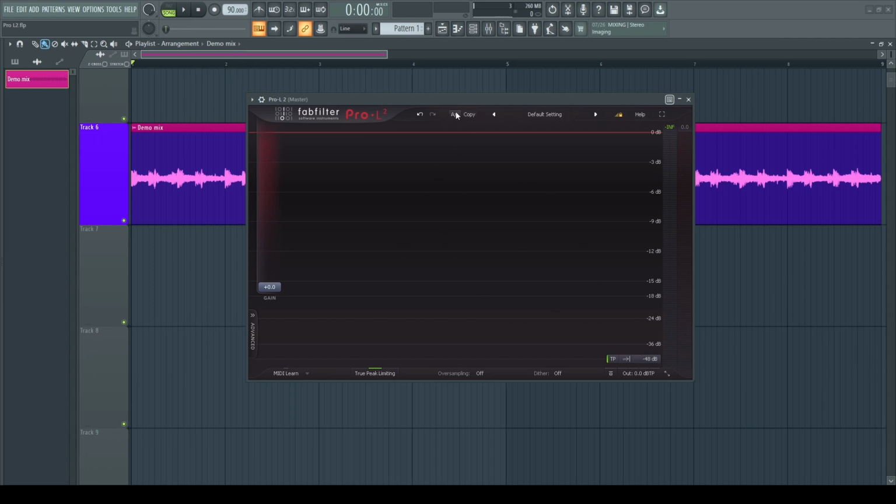Right now we are at part A of this plugin, and if I make some changes, and turn this off to not preserve the output options, and let us go to part B. As you can see, everything went back to default because part B was set on default. We didn't make any changes. If we press again, we'll go to part A, and as you can see, there are our previous settings that we did. So that's how you can compare two different settings by switching between mode A and B.